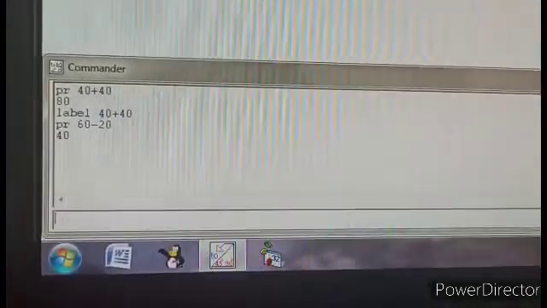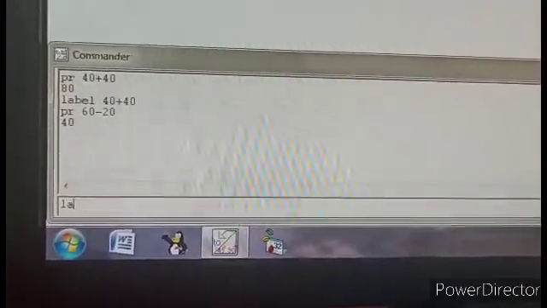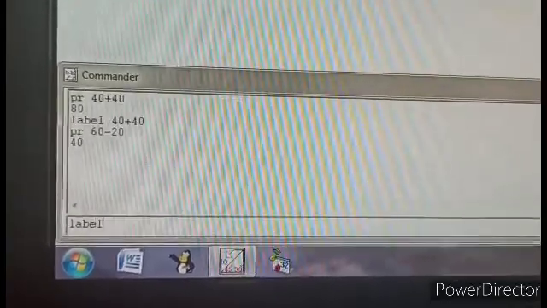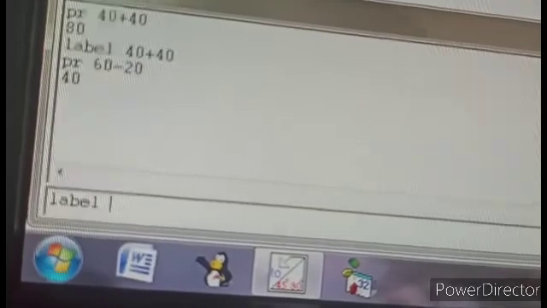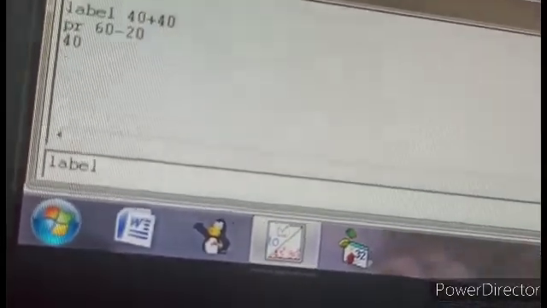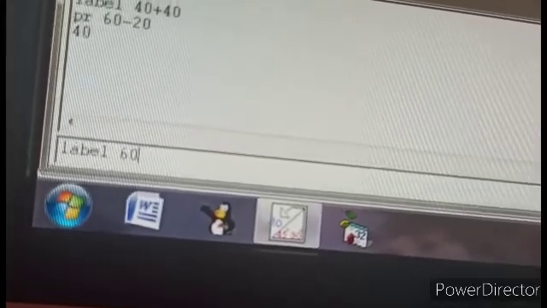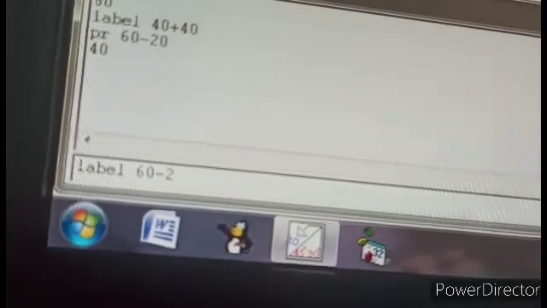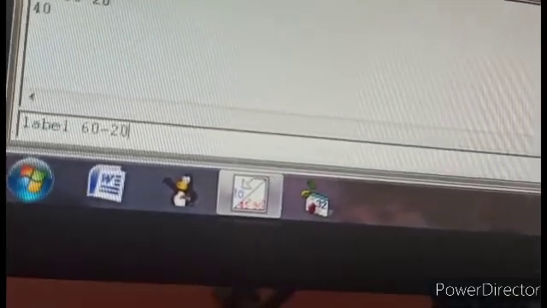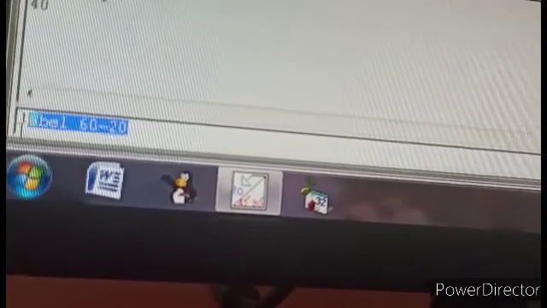Same operator, same numbers, but only the command is different, that is label. L-A-B-E-L, one space. Remember where to use spaces and where not. Same way, 60 minus 20. But before that, remember, you have to clean the screen. So I am first cleaning the main screen.